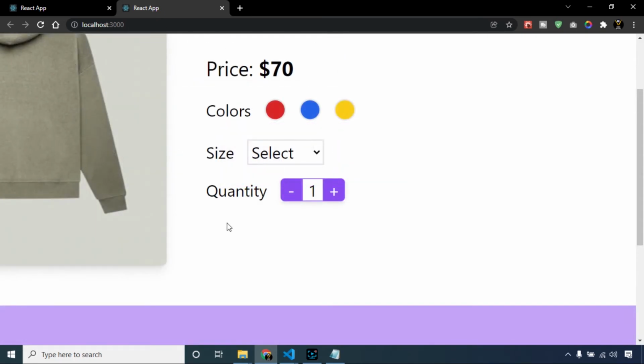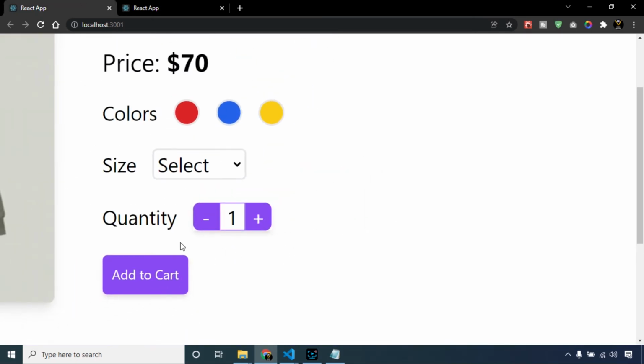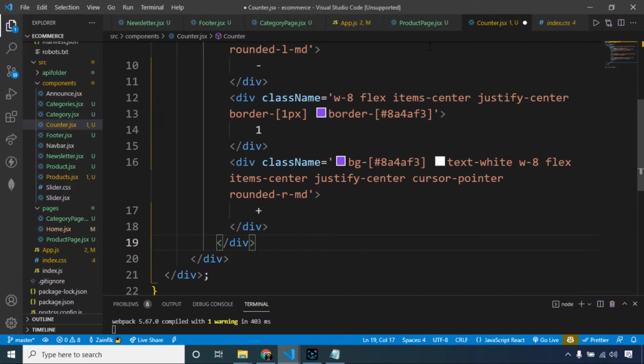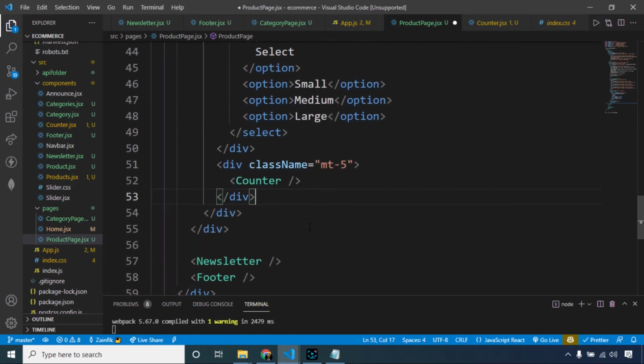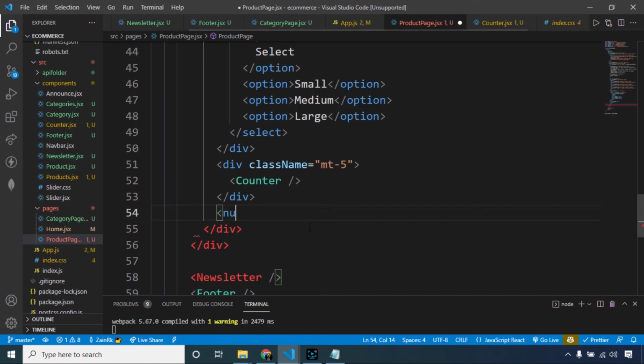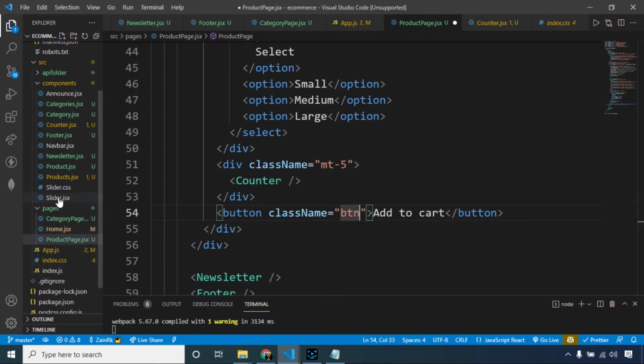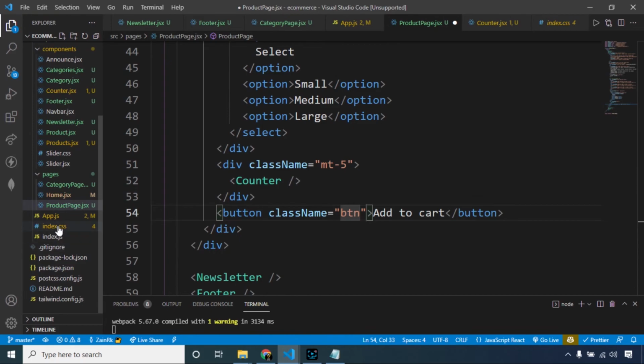And the next task is to make an add to cart button below this quantity like this. To make this I will move to my product page, and here I should format my code. Below the counter I will simply make a button with add to cart text, and I will also simply give this the class name btn as we have made it in our index.css.